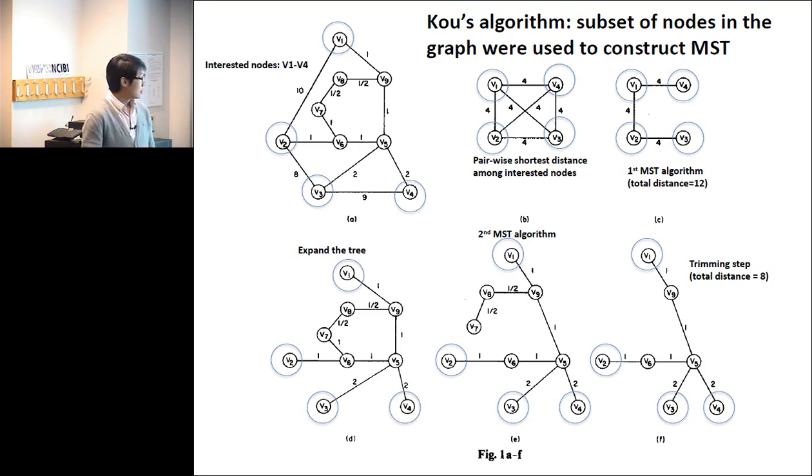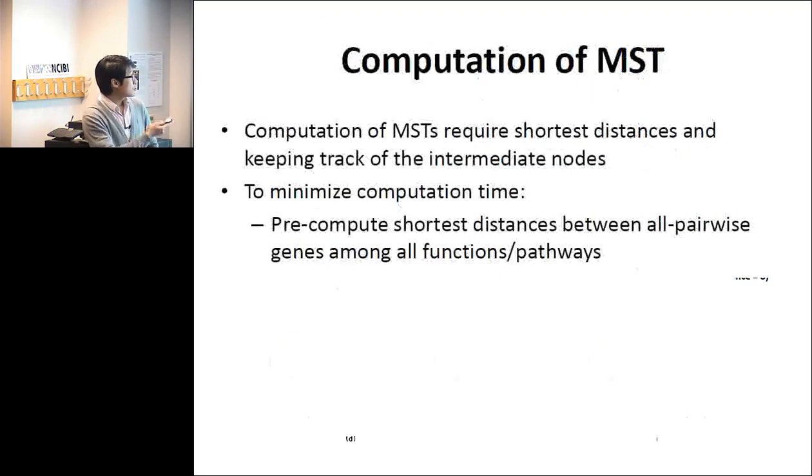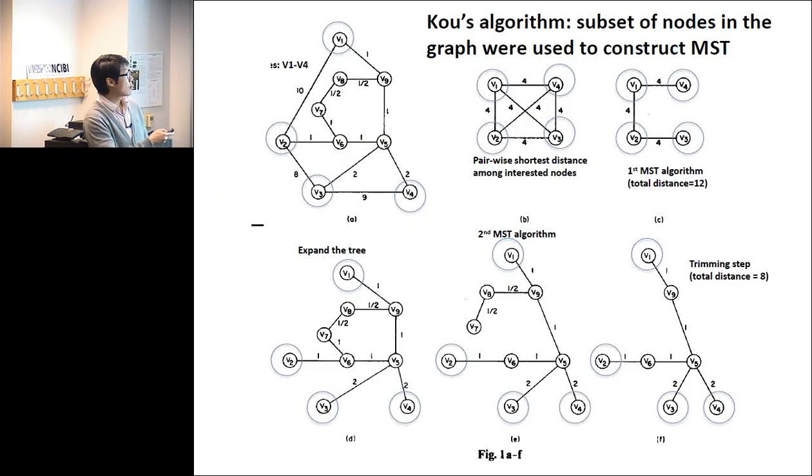Okay, so as you can see, the computation of those Steiner trees actually requires that we keep track of all those things. Because we want to develop an algorithm that could be usable and generalizable for other people that also study complex diseases, we want to make it as computationally efficient as possible. So for MEAGA,